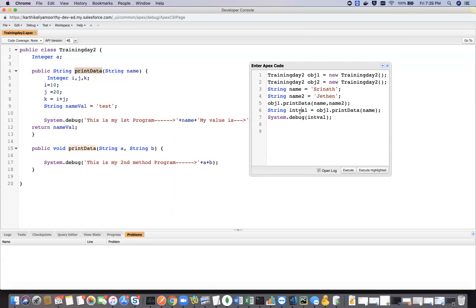And this is just a variable. It could be Karthik, it could be Srinath, it could be X, Y, Z, A, B, anything. It's just a variable. Okay. I'm putting string as int val and I'm printing the int val. Now, if you see here,